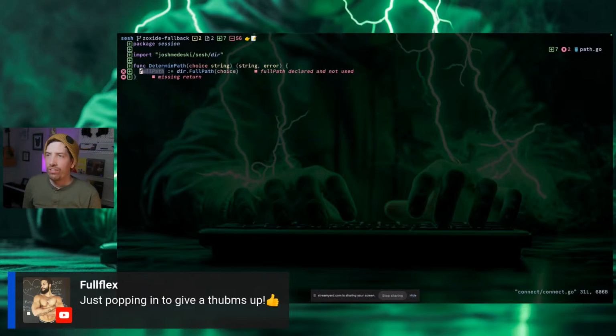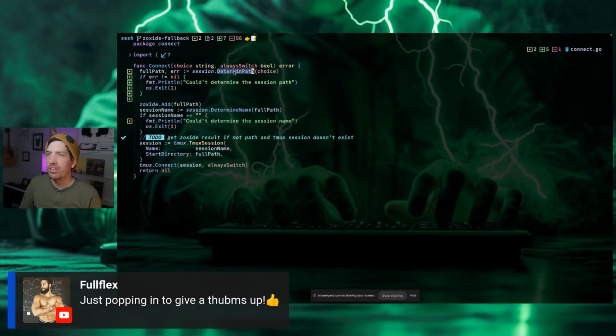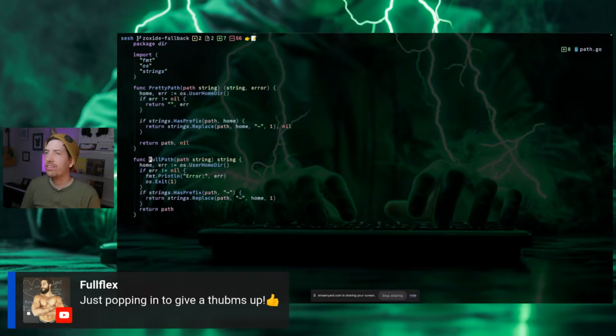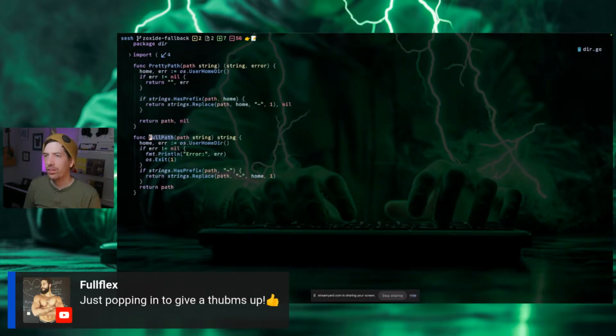We're just coding a new feature. We want to determine the path of a choice, and there's going to be some logic here that we've got to mix together to make it work. So what I want to know is if full path doesn't return what we expect,